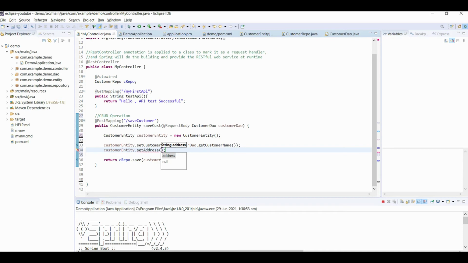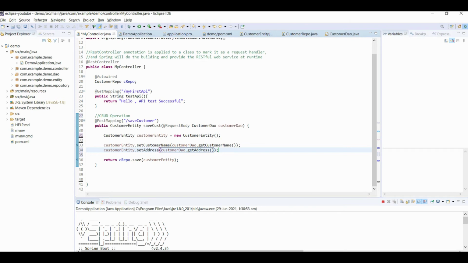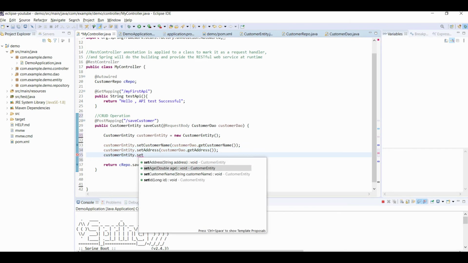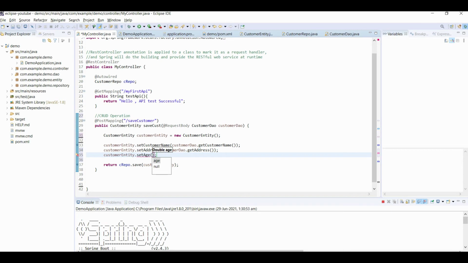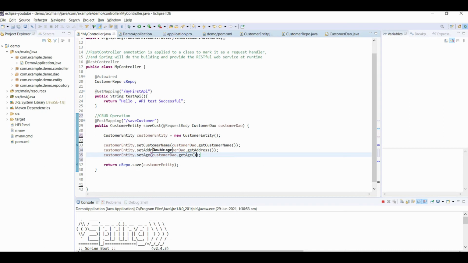Here we have to use customerDAO.getAddress. That is fine. And one more data, age, I will set with customerDAO.getAge. And that is all, my dear friends.